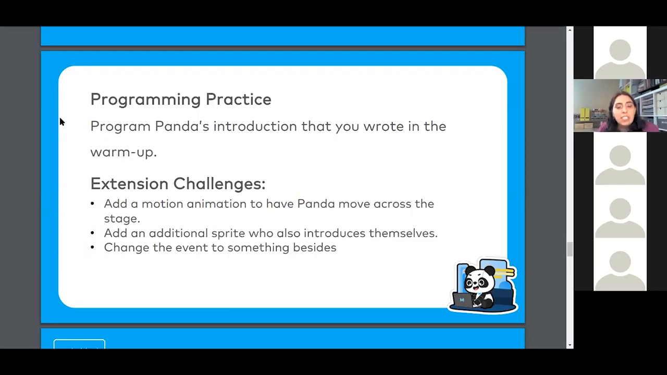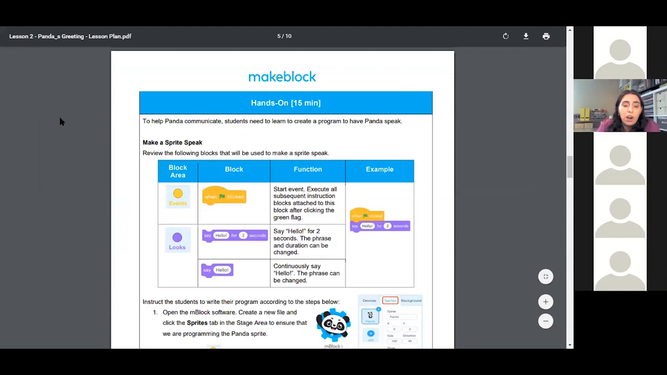So the extension challenges for this activity is to add a motion animation to have Panda move across the stage, to add an additional sprite who also introduces themselves, and to change the event to something besides when the green flag is clicked. So if you are looking at the lesson plan,